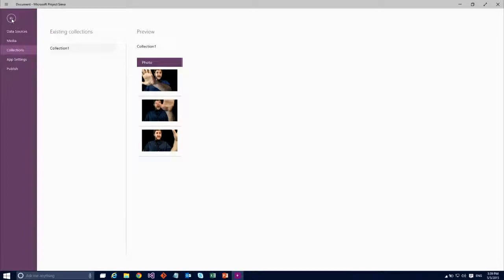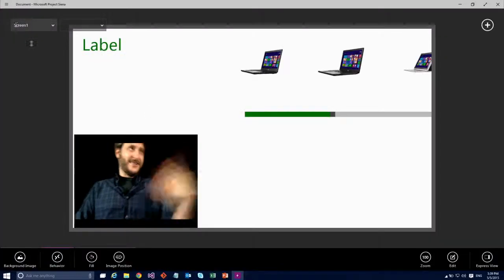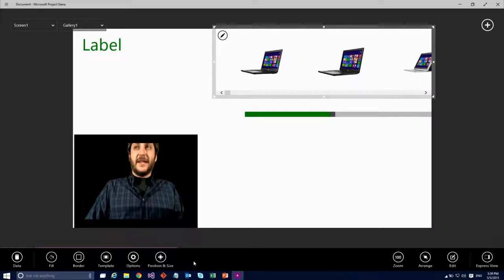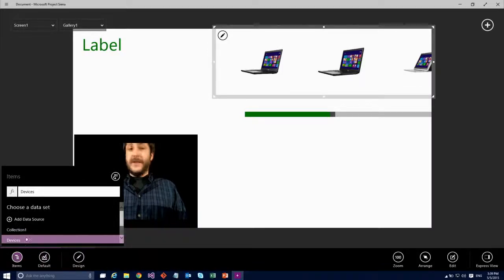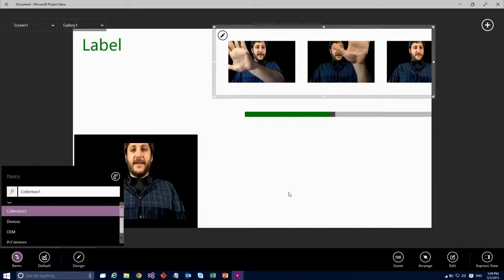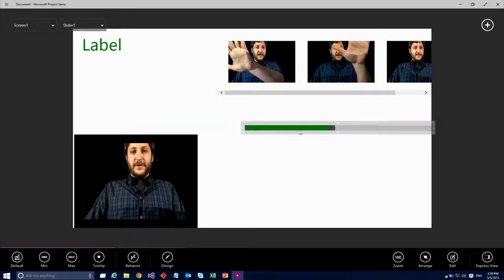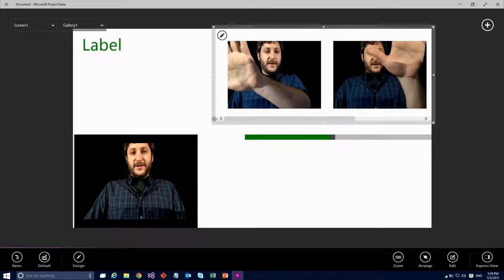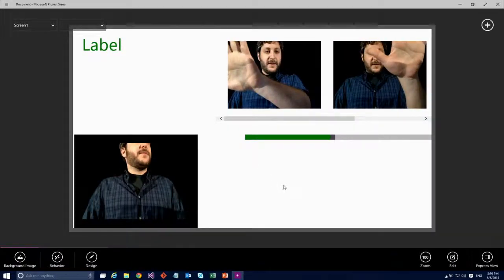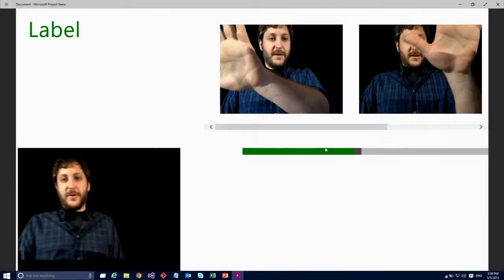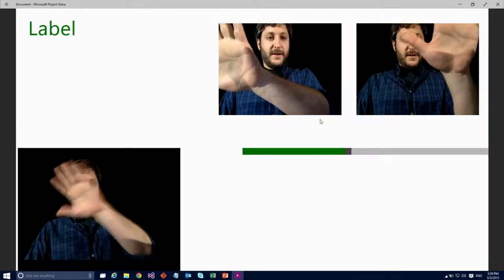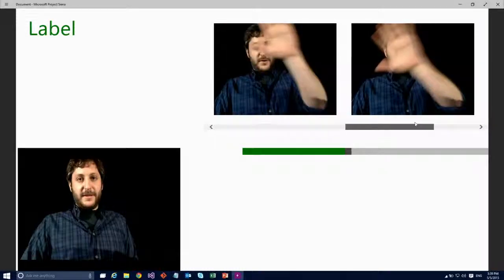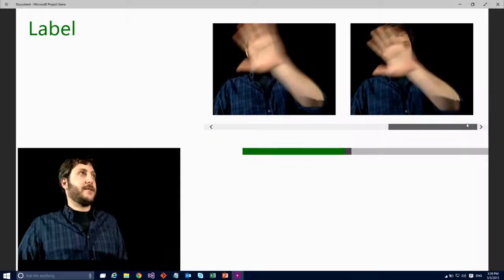But of course, I want to be able to visualize those pictures, actually see what's going on. So my gallery right here, now instead of pointing to my spreadsheet of Windows 8 devices, I'm just going to point it to my collection. And at this point, I've actually got a nonsensical but fully working app. So I'm just going to go into preview mode, and everything should be working here all at the same time, including taking way more pictures and all of this.